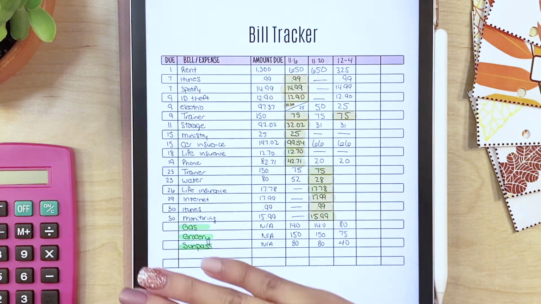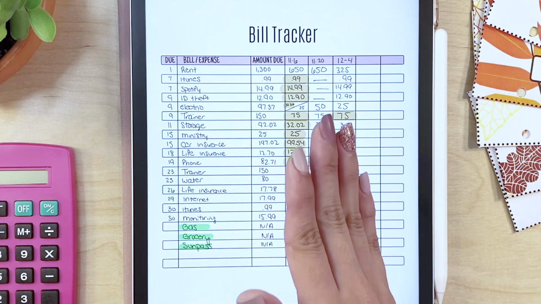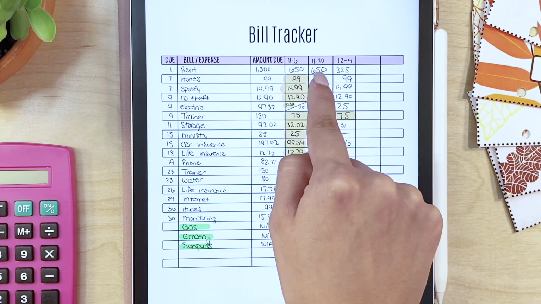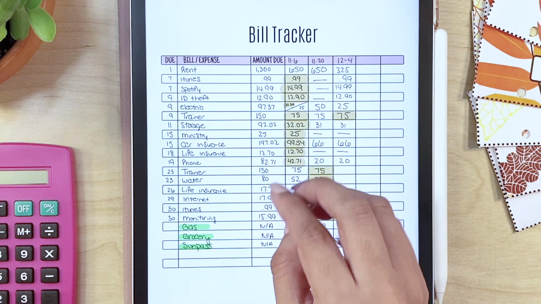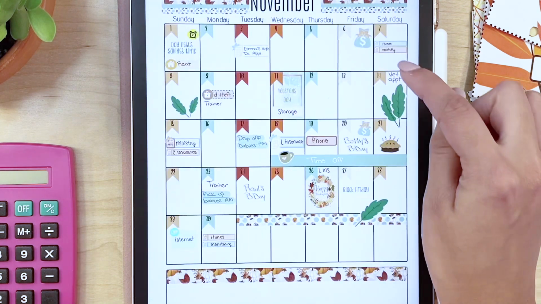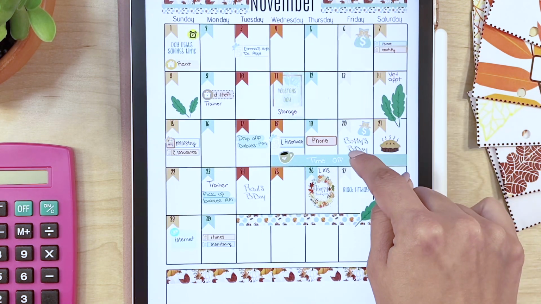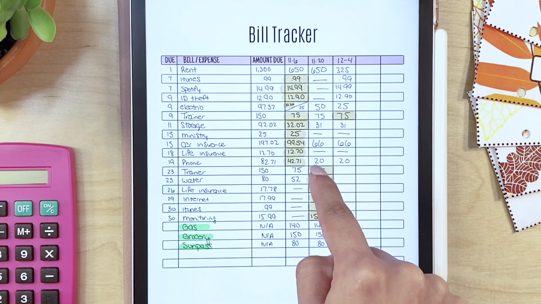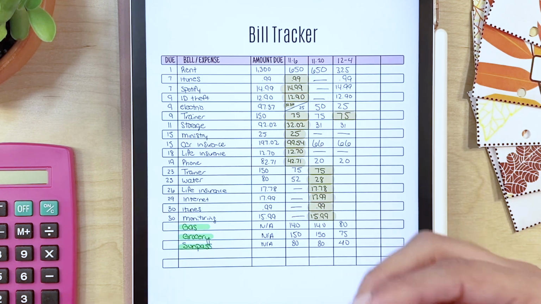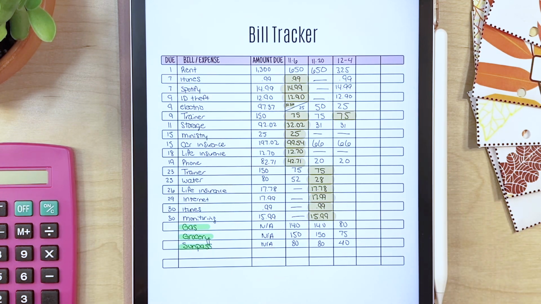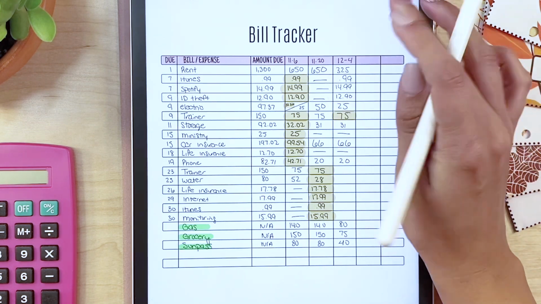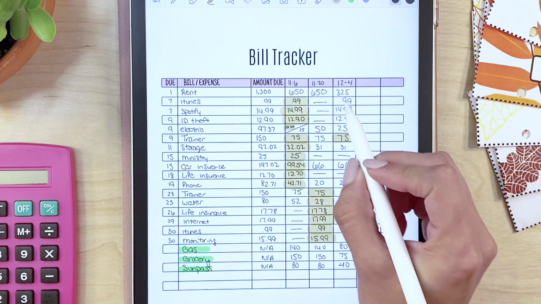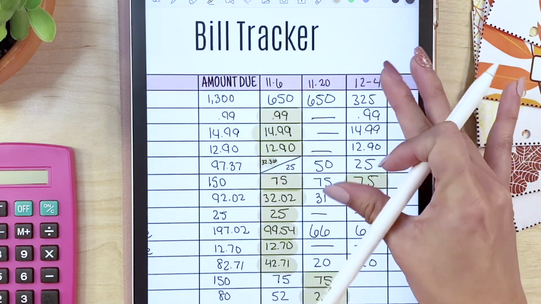Now I write in my bills as usual, and you're going to notice that we don't have as many pays for the month of November. We're just including two, so the 6th and the 20th, we are only writing in those pay days. And so with that, it's going to cause, oops, I did not highlight one of these things here, so let me do that on camera. It's going to change when